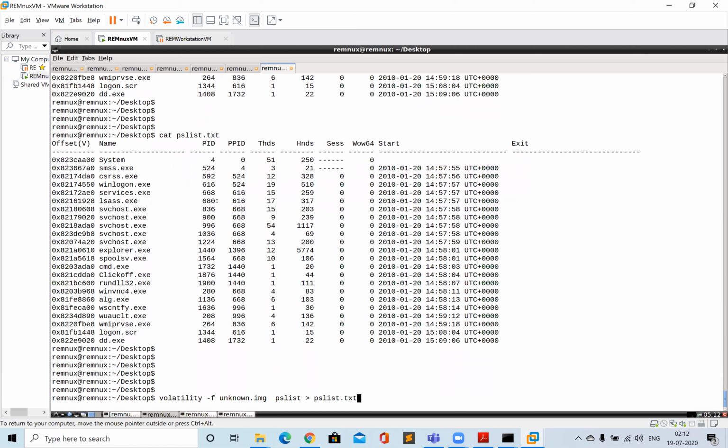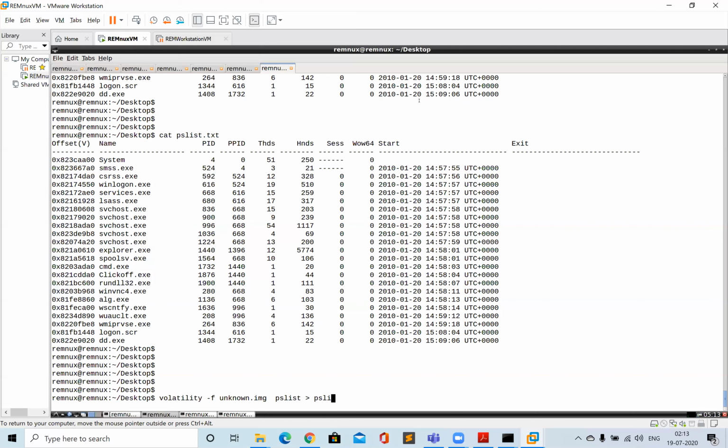Okay, so now let's see something more useful. What if the malware was actually running in hidden mode? So we are not seeing that. This image is extracted from a malware which was running in hidden mode in the RAM memory, and it was tampering with the linked list that I showed you, the EPROCESS list, and used to hide itself. So how do we know if there's a hidden process?